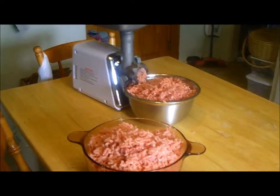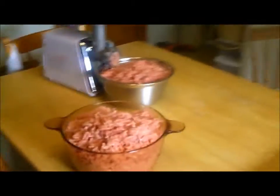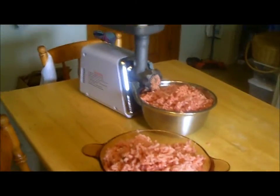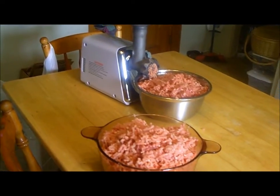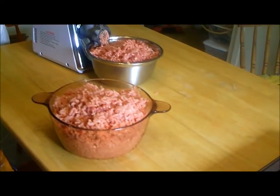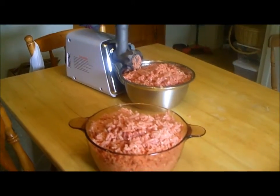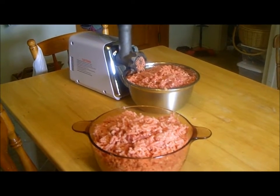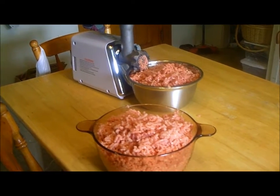All right, guys, that was a lot quicker than I thought. I still have 2 minutes and 20 seconds left for my bread dough to rise. So I'm going to move all this stuff, disinfect my table real good, and then I need to finish up my dough. And then I'll break out my scale and weigh all the meat and pack it away in the